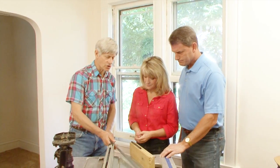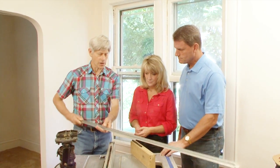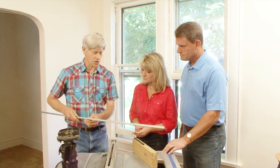Well, there are a number of reasons. One is that I can put tracks and gaskets on this old window that will prevent a very high percentage of the air passage from taking place. So you're not losing heat, you're not heating the outdoors the way you would with an old drafty window on an old house. This is the track that goes inside of the window, and the sash is going to slide